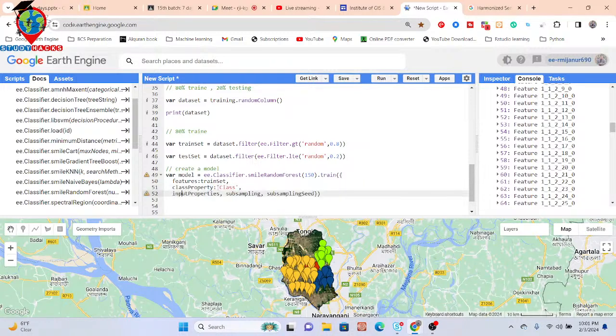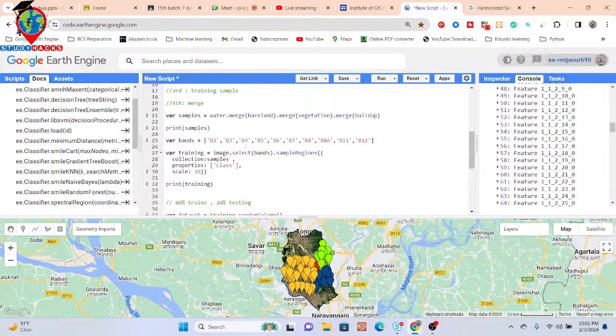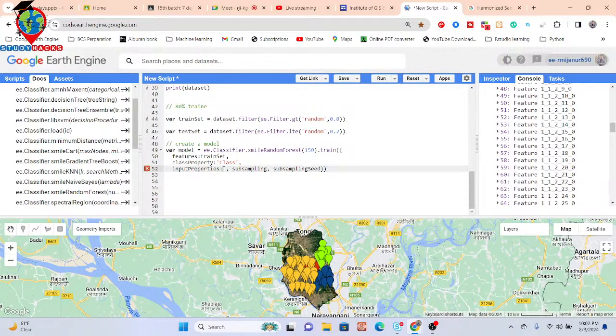Input properties, you can see properties, it's a plural form. Okay, so basically when you get this type of argument, properties in plural form, you must use the square bracket. And this time input properties is basically my band name. Okay, and I already used the square bracket here, so I simply copy this variable name. There is no problem because this is already stored here. Okay, simply copy and paste. Okay, so now further remove that,